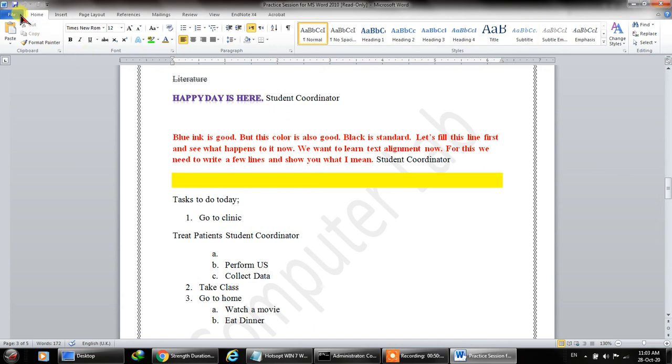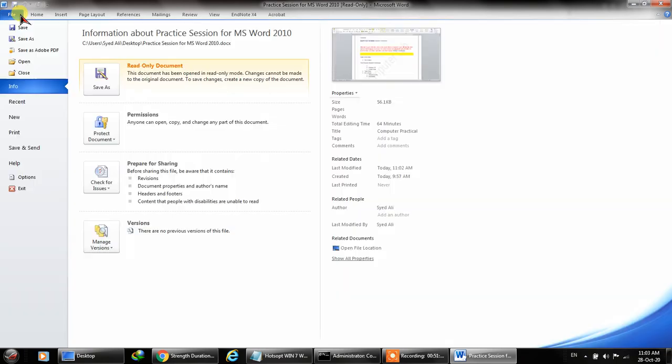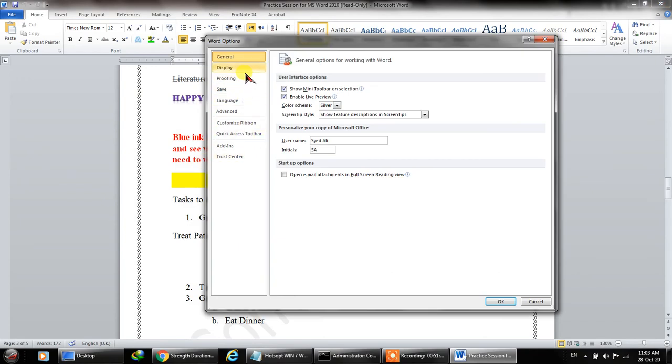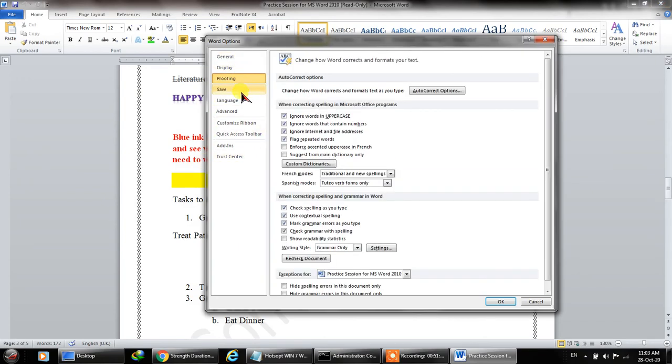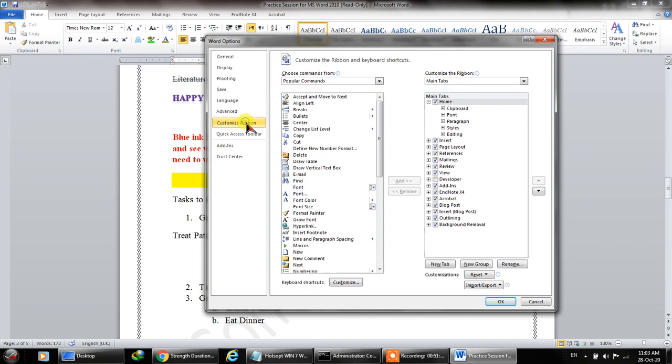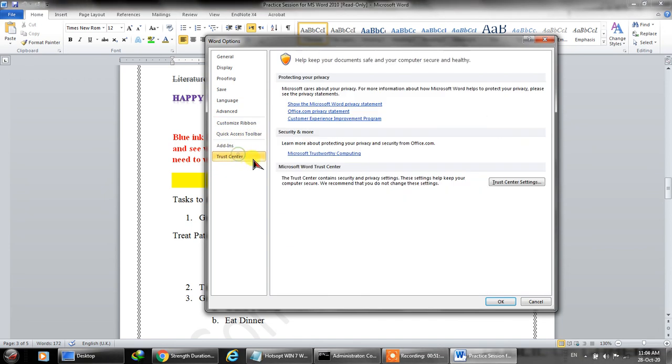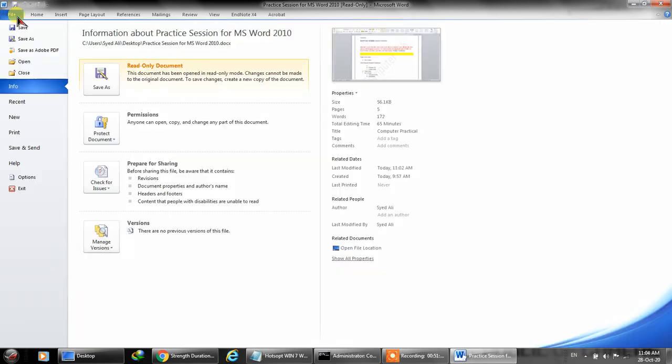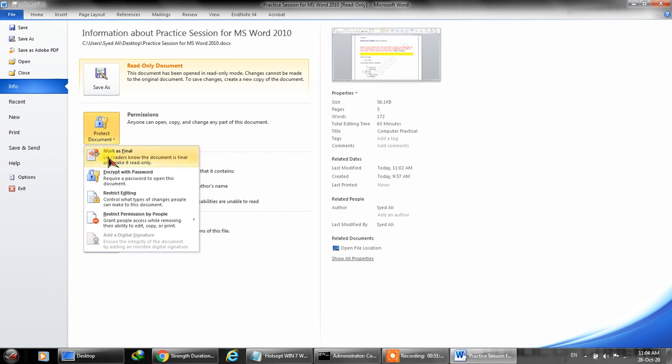And you can even add security to your documents. If you want to protect your file using a password, you can create a password. I don't exactly recall, but let's try this. Options, and there will be something called security. There is one setting for this. Permissions, yes, over here. Now I click on protect document, mark as final, that this is the final document.